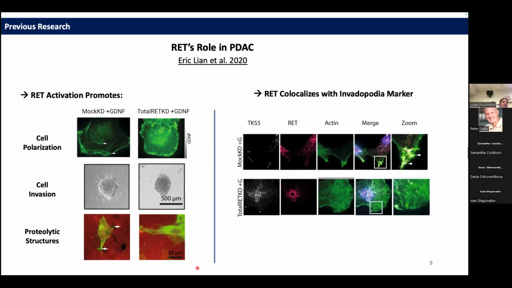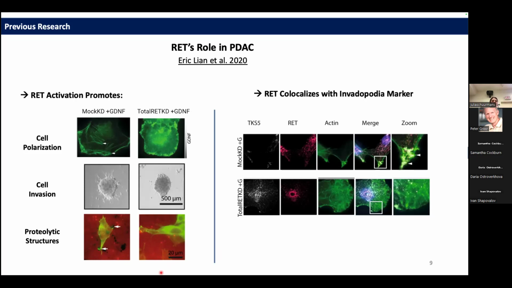He also found that when looking at cell invasion, cells expressing RET demonstrated increased ability to invade into a surrounding collagen matrix compared to those that had a knockdown of RET. And then there was also an increase in proteolytic ability of the extensions in the cells that express RET. Here we have a red fluorescent gel, and the areas void of fluorescence are indicative of proteolytic structures that are able to degrade those areas. With the RET knockdowns on the right, we can see that there's a lack of those void areas. So this points to RET perhaps being involved with the creation or promotion of proteolytic structures.